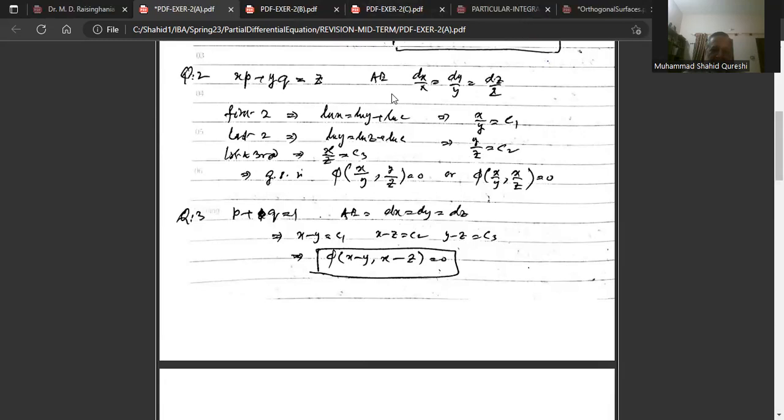A simpler problem: x into ∂z/∂x plus y into ∂z/∂y is equal to z. Auxiliary equations: dx upon x, dy upon y, dz upon z. The first pair gives ln x is equal to ln y, the last pair gives ln y is equal to ln z. So x upon y is equal to c1, y upon z is equal to c2 are the two. We also call them solution curves in a space. So one function is this, one function is this, that we place in the